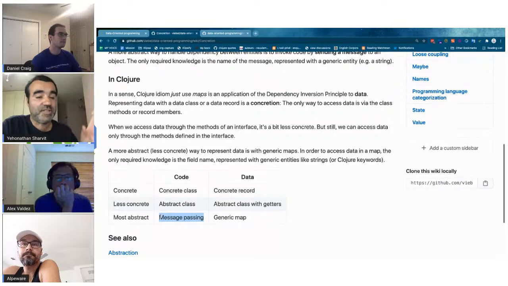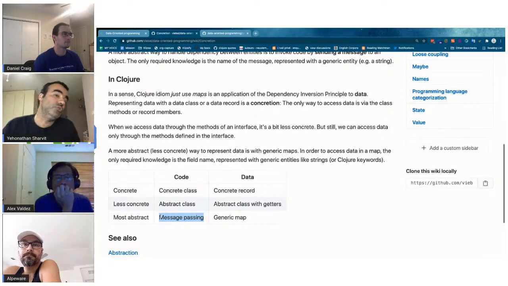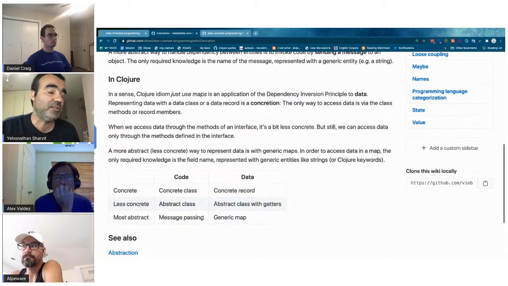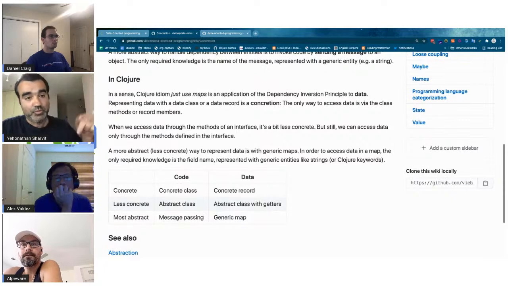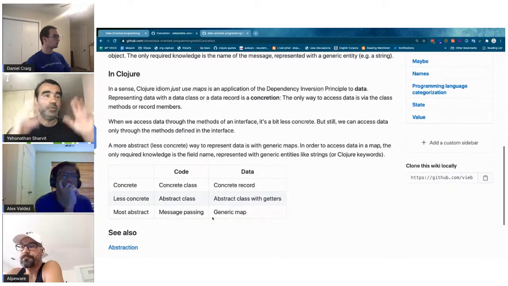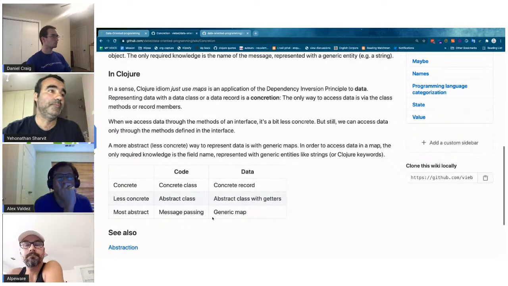You just send a message, not over the wire, but to an entity, as a string. And we don't do that in Clojure. So Clojure is very abstract in terms of data representation, but it's not very abstract in terms of code. We don't use message passing in Clojure to call a method of a record or a function. We use the specific instance of the function. So I like this table. It helps to make things very tangible.